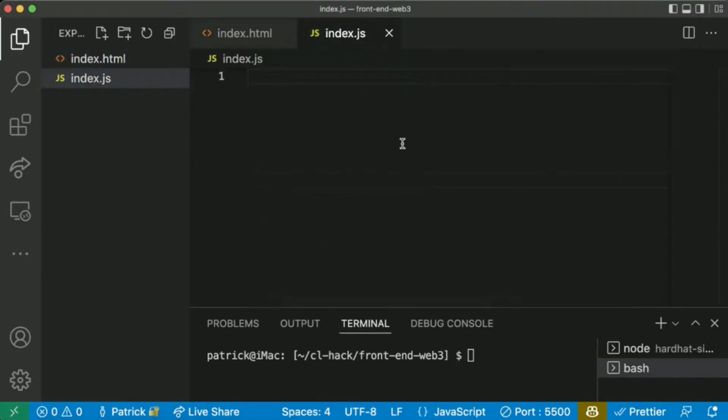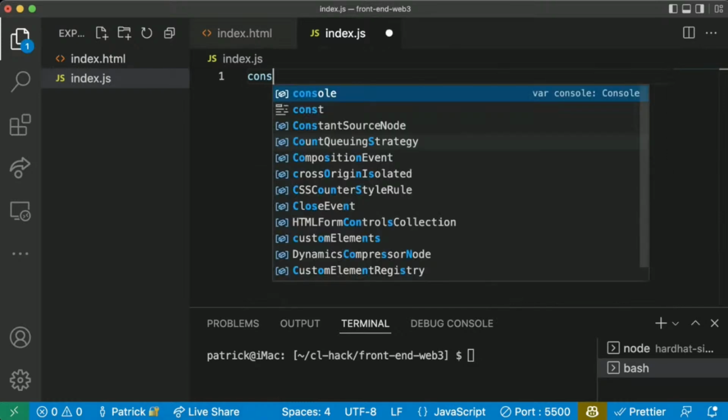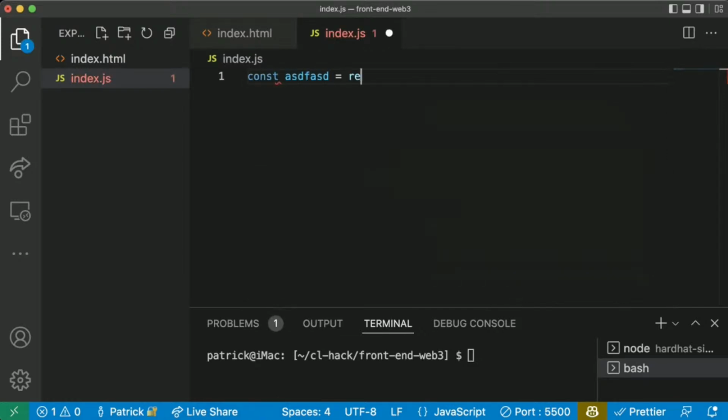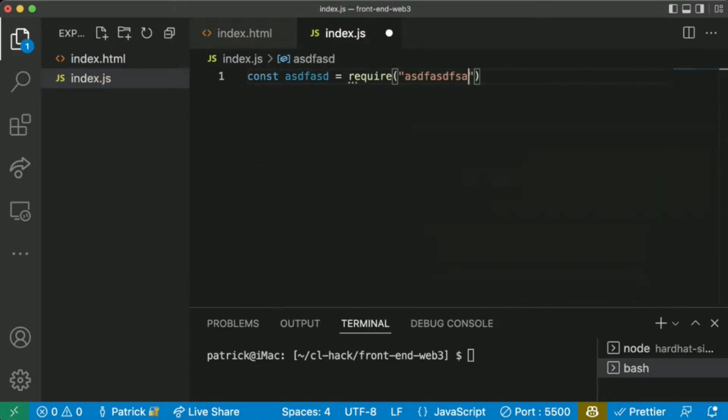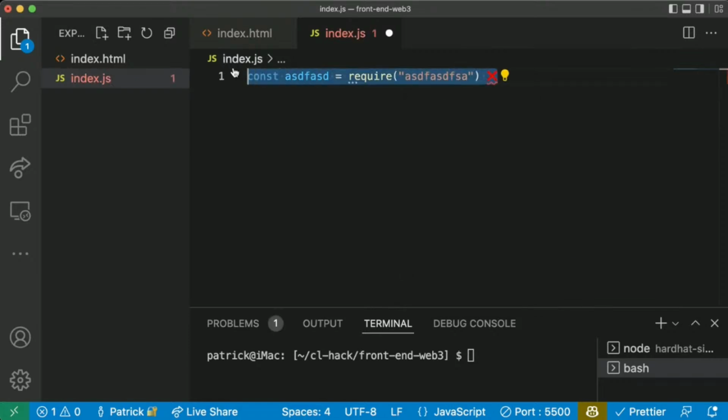Now in our index.js, because this is front end that we're working with, I know we've been doing a lot of const blah, blah, blah equals require, blah, blah, blah. If you've been working with Node.js, require doesn't work in the front end. Yes, back-end JavaScript and front-end JavaScript are not the same JavaScript, which is very confusing. So this is no bueno. This is no good. Can't do that.